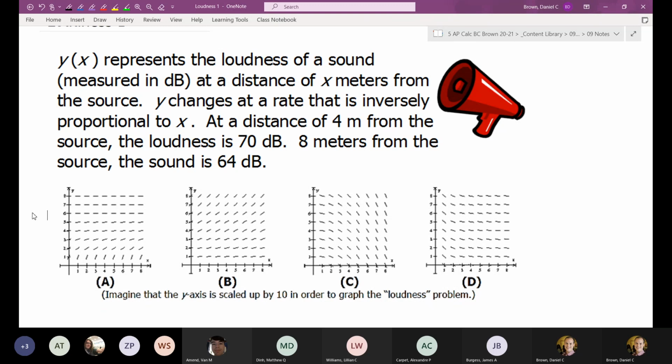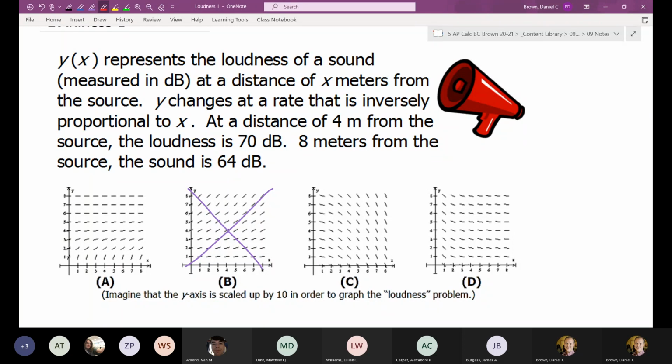So first, look at that and see if you can find the differential equation that matches the two. I will say I don't reuse them, so we already used B for that first one. So there's just 3 options to choose from. See if you can figure out which slope field that matches to. And then we will solve this one, which will also have a lot of algebra that you want to kind of